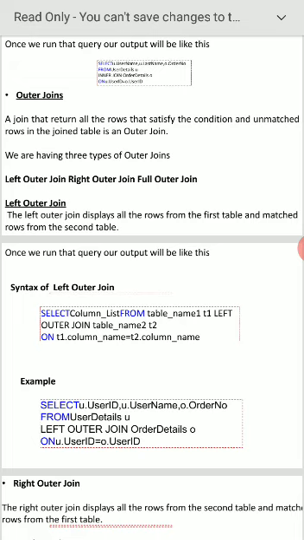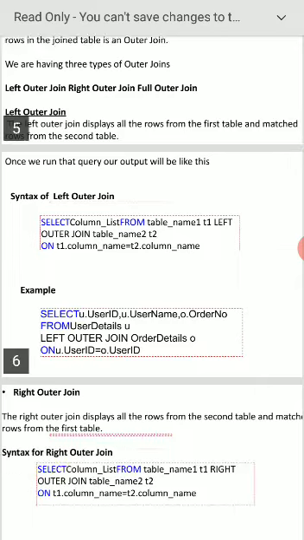Here I have taken last name, middle name, user ID and so on. But the thing is that user ID is the foreign key and order number is the primary key for the order details. User ID exists in user details as well as in the order details, that's why it is called a foreign key.